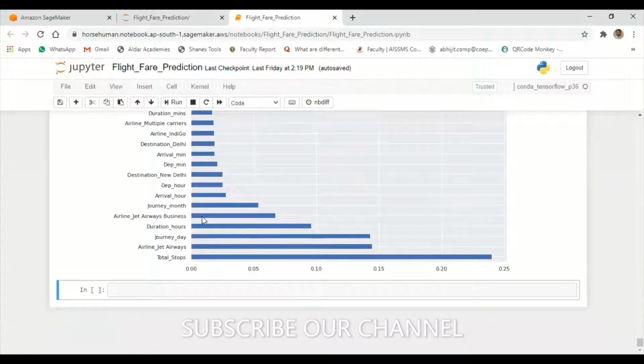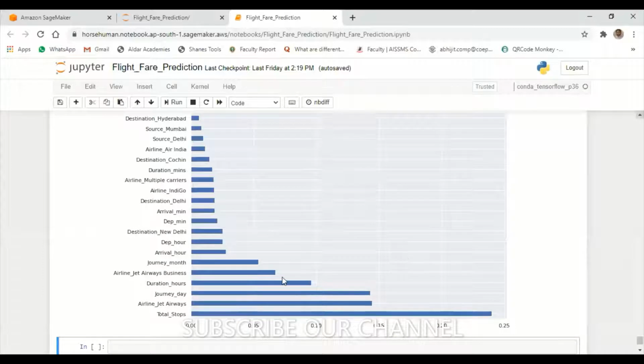Obviously it is going to add other features also, but most of the time it tries to fetch the data which is in these columns. Hope you are clear with this. Now let's try to design the model. So can I see the upper section for a minute? The coding part. Have a look.